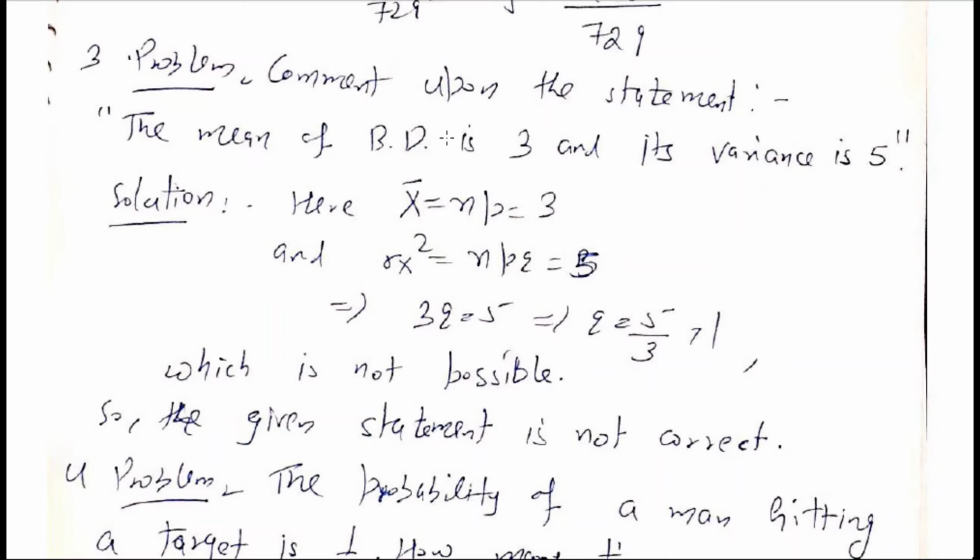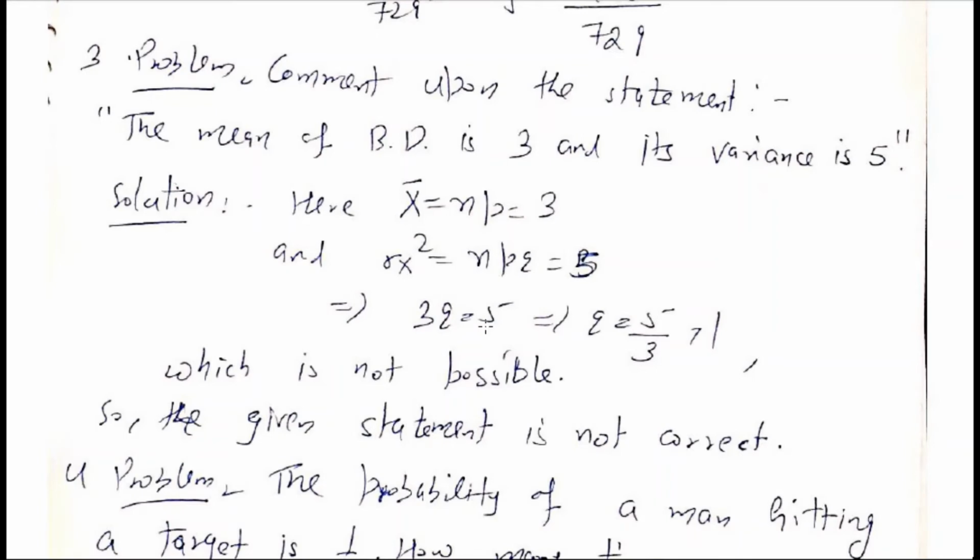Then we know that the mean of the binomial distribution is np. So given, np is 3 and the variance of a binomial distribution is 5. So npq is equal to 5. From np equals 3, you can see from the second equation 3q equals 5. So this implies q is equal to 5 by 3,